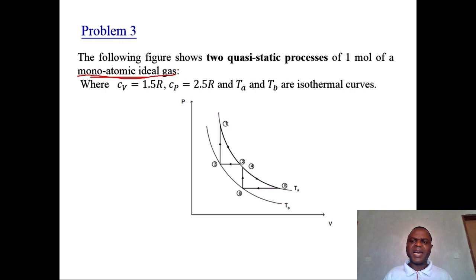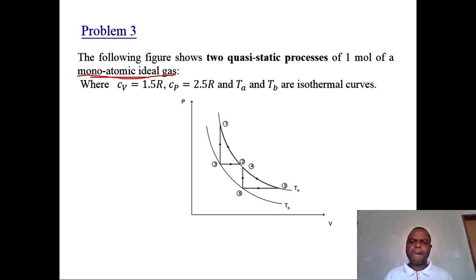So let's look at the diagram. We have pressure, we have volume, and we have Ta and Tb. Isothermal means that they are occurring at the same temperature. So we have Ta, and there's Tb, which is parallel to Ta at another temperature. Ta is at a higher temperature, Tb is at a lower temperature. So this is the PV diagram which we have for that